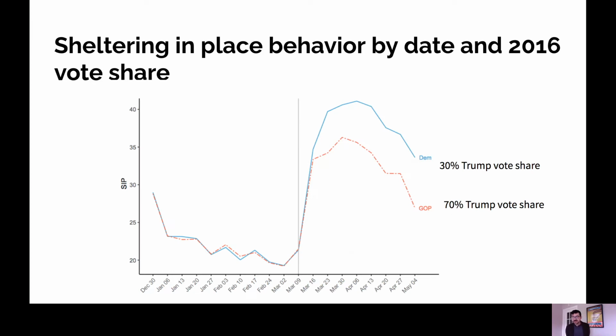And so what the researchers did was they looked at sheltering in place behavior by the partisan context of each county. So they looked at counties where there was a 30% vote share for President Trump in 2016 and a 70% vote share for Trump in 2016. What they saw is that while sheltering in place increased across the board and followed really the same pattern in both types of counties, there was a pretty significant gap between them, which suggests that, at least in part,